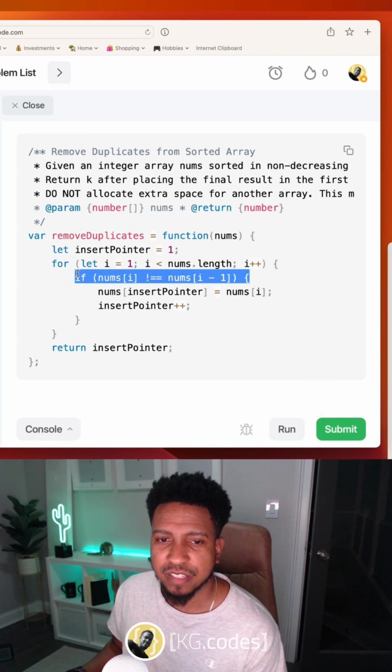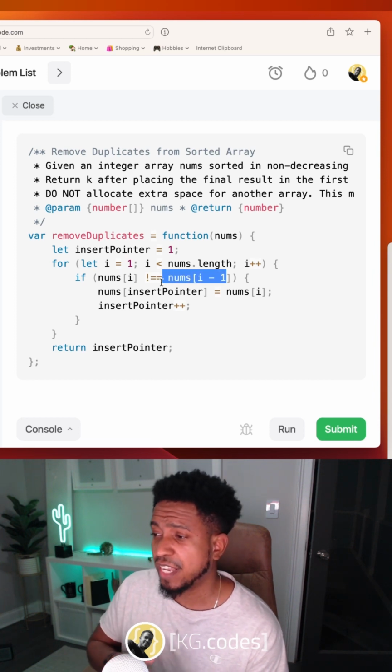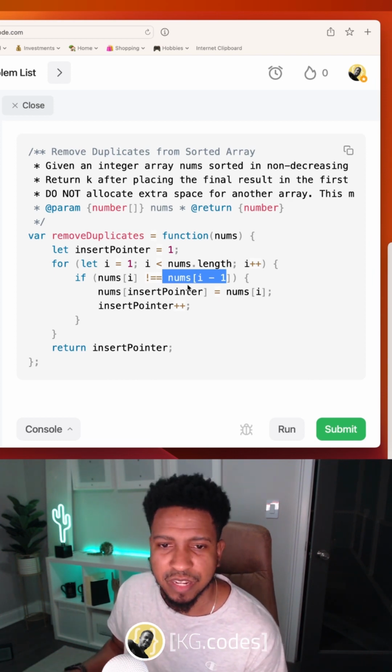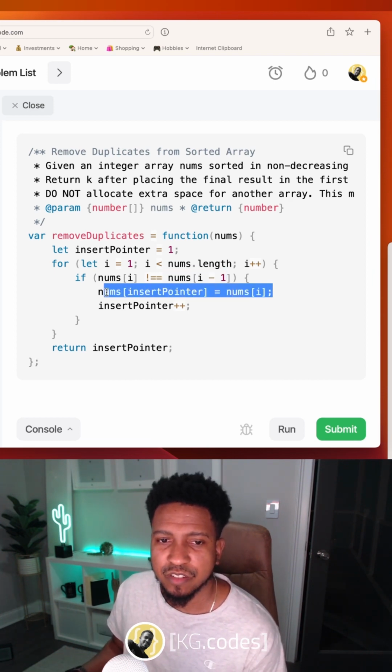I'm going to start at 1 on my index. And whenever I see that the current item does not equal the last item, which means I changed from a same value to a different value between them, then I'm simply going to take the unique value that's at the current spot that I'm in, and I'm going to